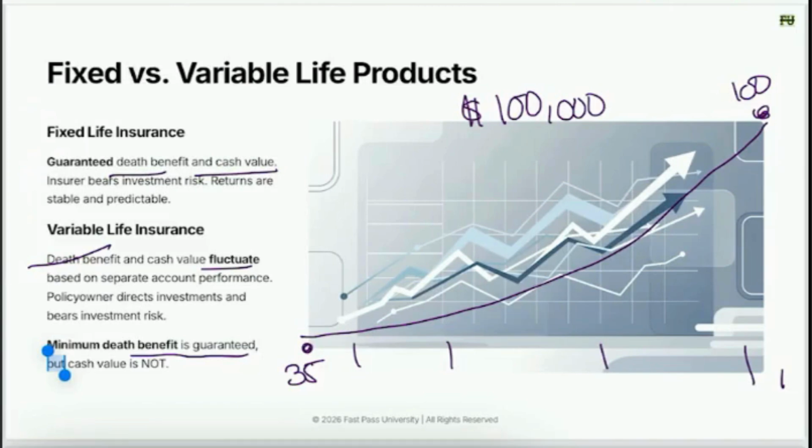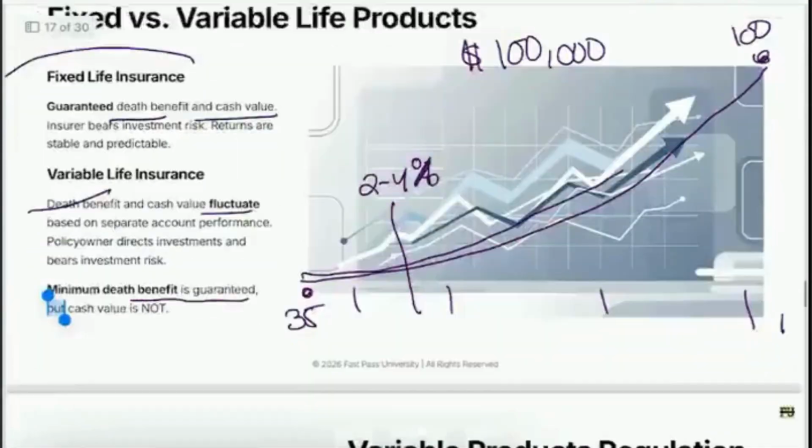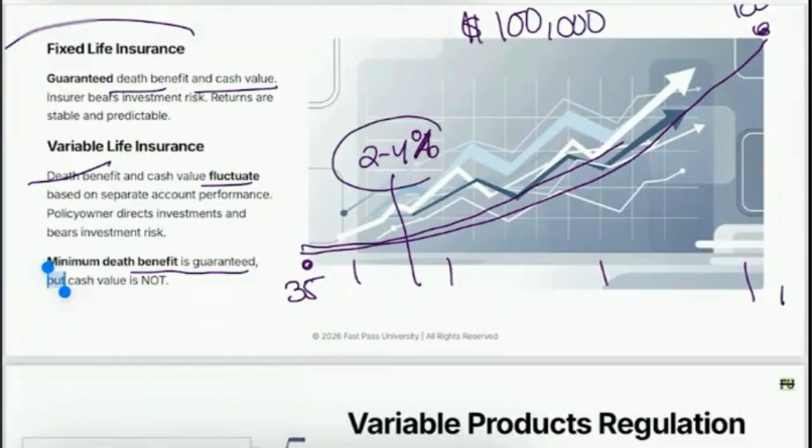But fixed variable life insurance is going to invest the funds conservatively in a more safe kind of S&P 500, and they're also going to guarantee a percentage rate, usually lower, maybe 2 to 4%. They're going to say that your cash value is going to grow, and probably increase by about 2 to 4% each year. Okay. And even if the stock market crashed, this is fixed, it is guaranteed. The insurance company still has to pay a 2 to 4%